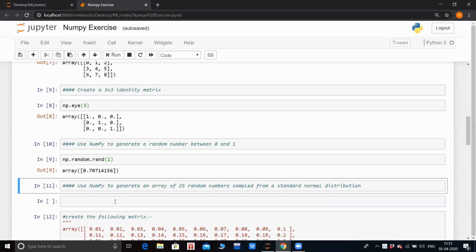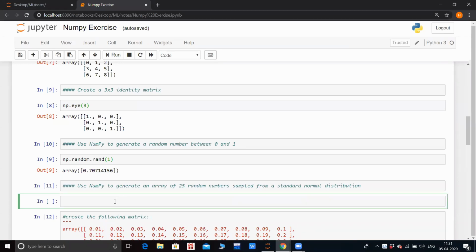Now, if you want 25 random numbers sampled from a standard normal distribution, you need to use randn.